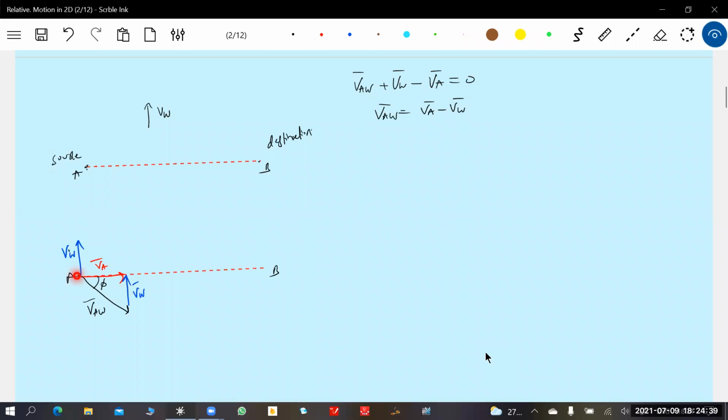If the velocity of the aircraft with respect to wind is directed like this, the wind will push so that the resultant velocity will be along path AB. Now if you are a pilot and want to move from A to B, sir, why are you making VAW bar like this? Why don't you put VAW bar here? Okay, let's see that. Now you will understand the significance of it.